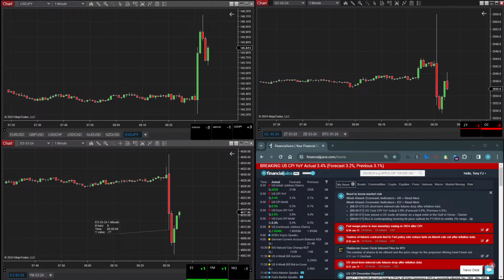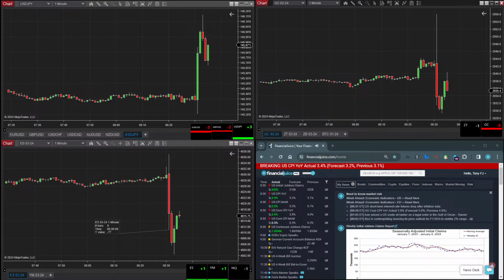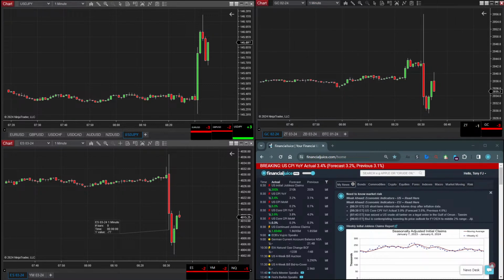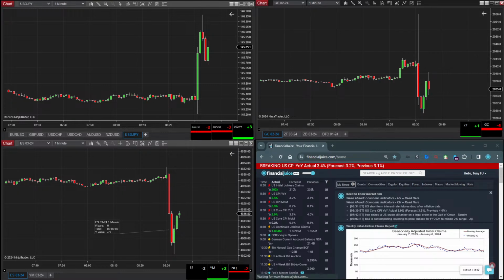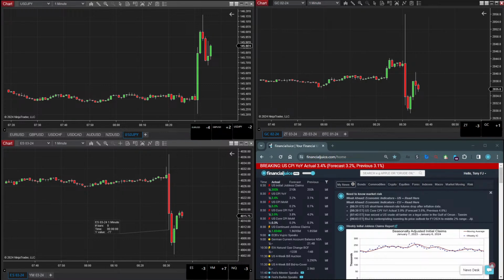All right. So we didn't get a 0.2% deviation across the board. Got it on the year on year. Jumped in with the momentum. And of course, the data was more or less higher than expected. Also compared to the prior figures, for the year on year and month on month, lower than the core year on year, but still higher than what the forecast was. And the month on month remaining unchanged. So that more or less concludes